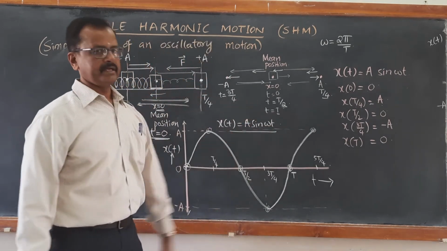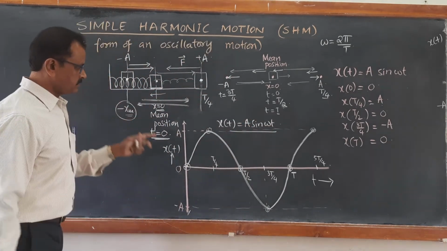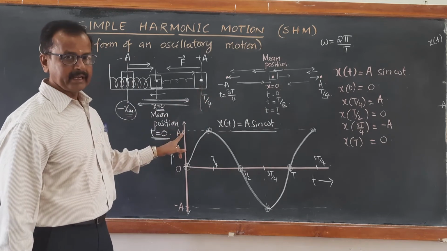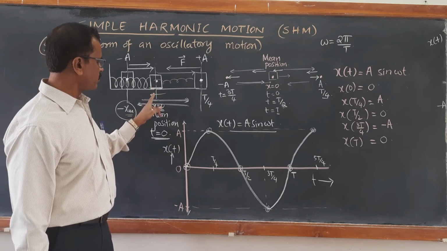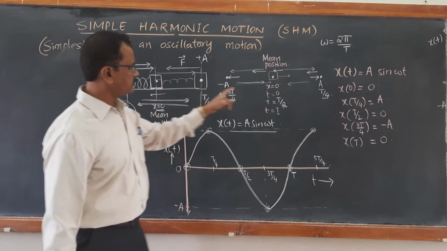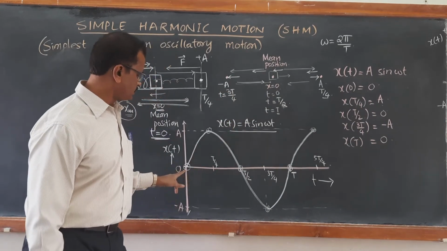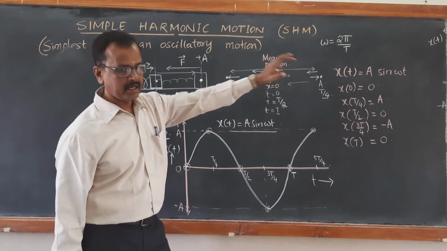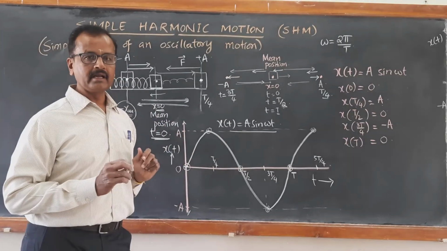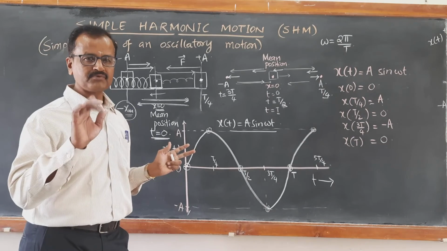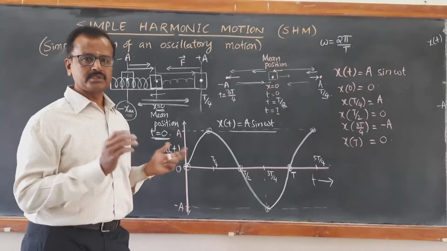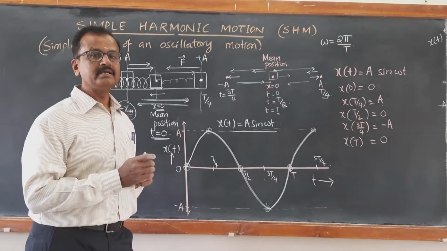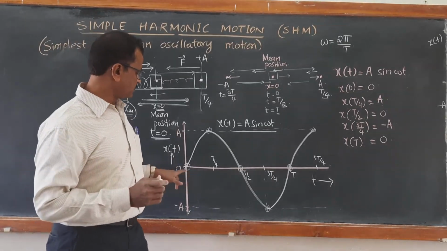Between sine and cosine, what is the phase difference you can see here? When it is released from the extreme position, it started from A. But when we started counting from x equal to 0, t equal to 0 and x equal to 0, it started from 0. That is the difference. So the phase difference between the previous one and this one is 90 degrees. Phase phi is equal to 90 degrees. The state of vibration at time t equal to 0 is called the initial phase. So the initial phase here is 0.